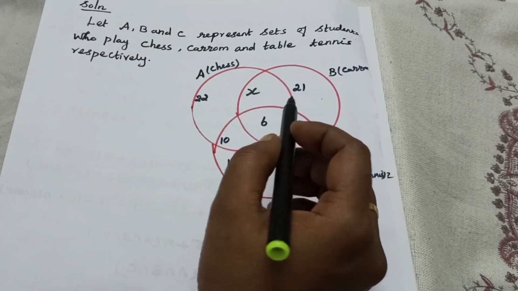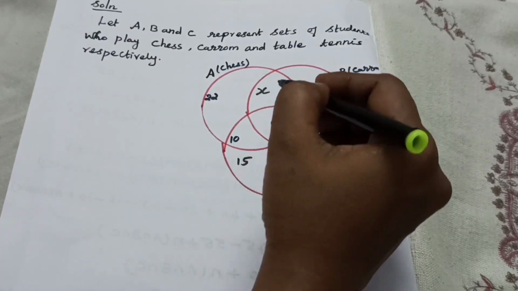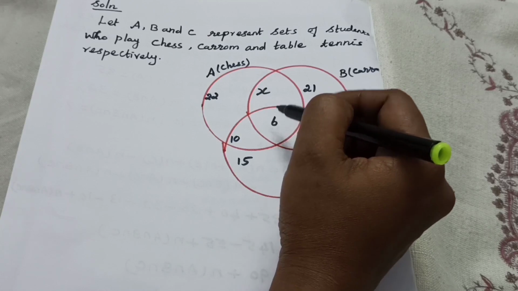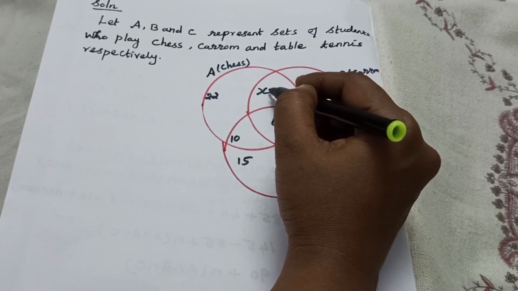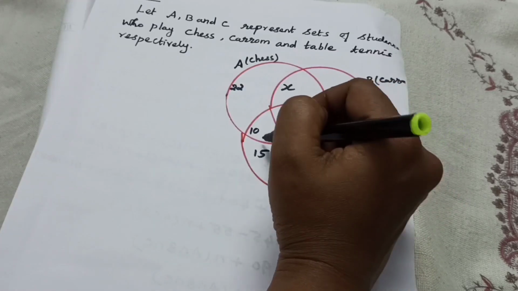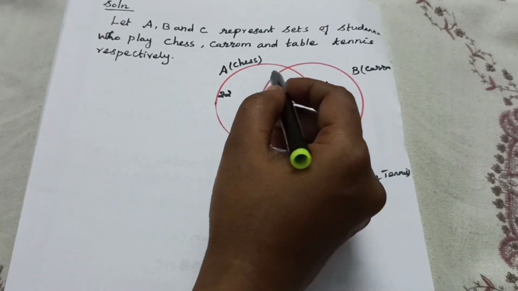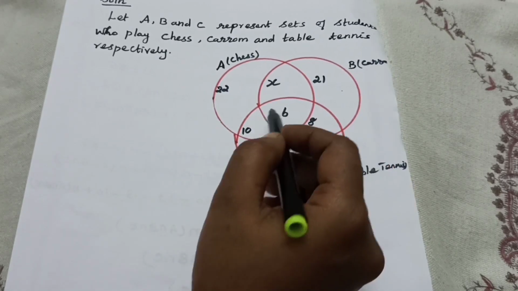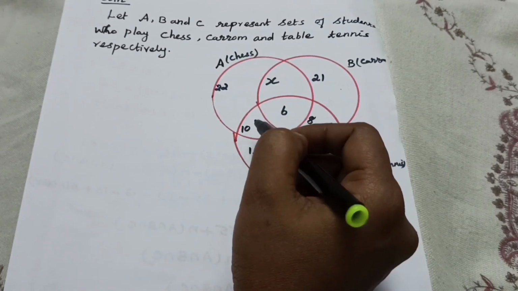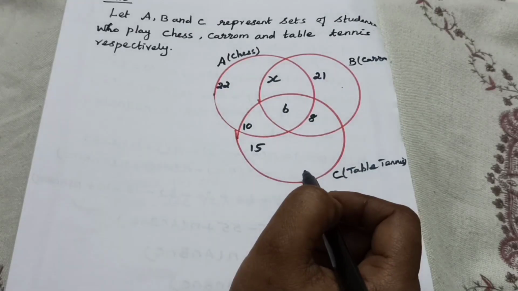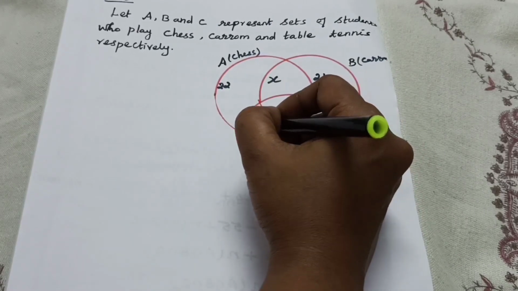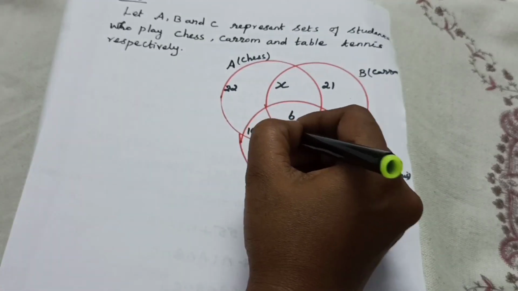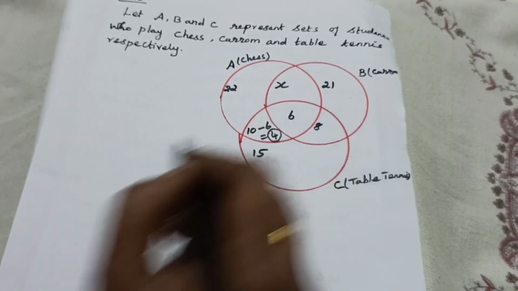Okay. Then already we learned the 3 games figure is 6, isn't it? So this 6 we have to subtract from this. Here fully X. Here fully what? 8, isn't it? This one fully 10. From here, only chess and table tennis, how can we find? 10 minus 6 is equal to what? 4. Okay, this one round it.